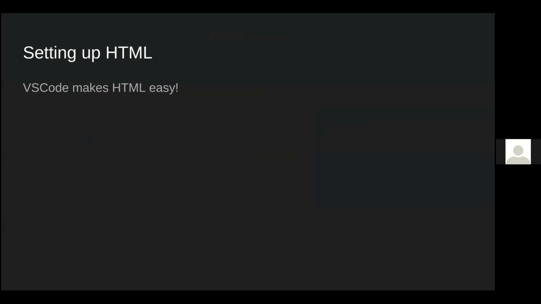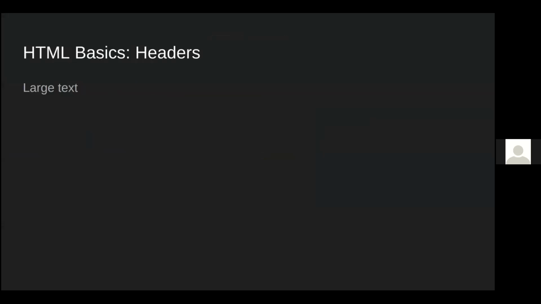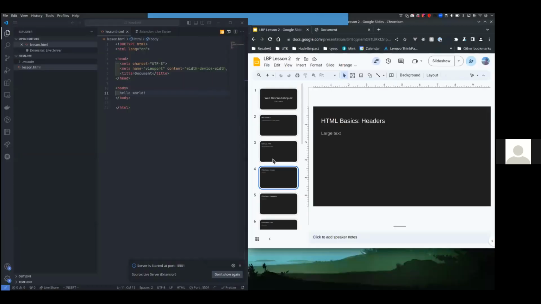When I was first learning, what was helpful for me was to think of it kind of like a Word document. You've all used Word or Google Docs. It's basically that. So the first thing we have is when you're writing a paper, you usually have some sort of title for that paper. And that title text is big and bold, and it's like the first thing you see, right? In HTML, we have a similar thing called headers. And so we can actually make a header by going inside this body tag and writing H1,